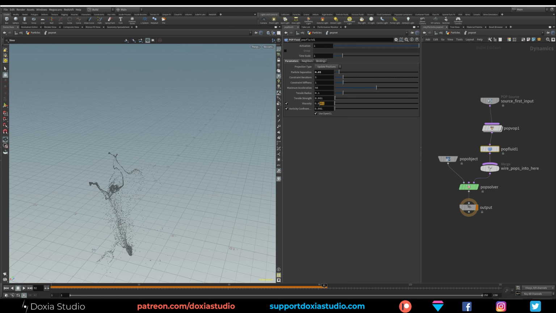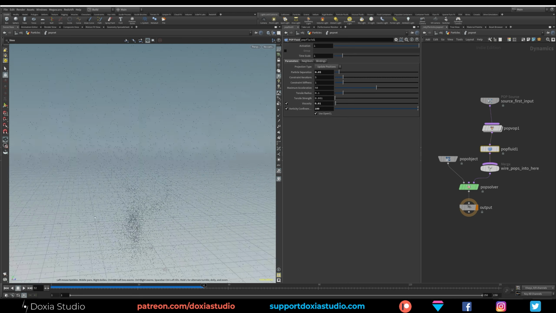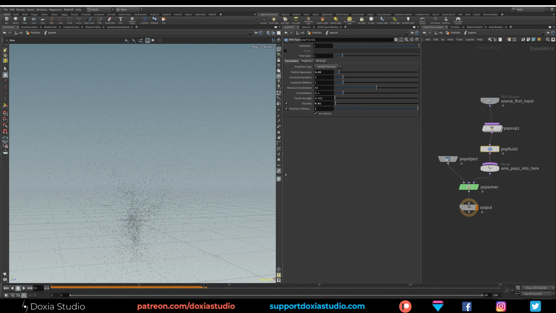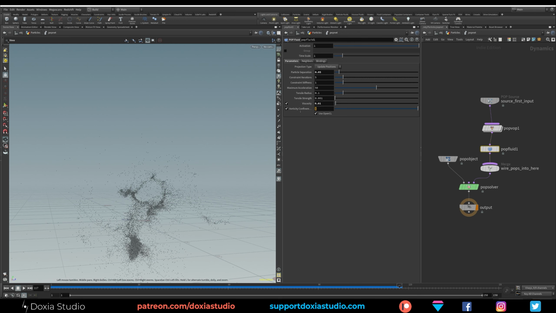Let's increase the viscosity a little bit and the vorticity a lot. Okay, now that's way too much. Go back. Maybe that's still too much. I think this result is cool.